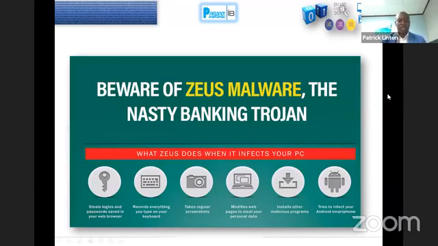All right, so quickly, Zeus steals login passwords. It does key logging. So it will log as you type on your keyboard, it will log whatever you do, encrypt all of that information and send it to the threat actors, right? That are situated in what they call a command and control server, or a C2. It will take your screenshots and send them up. It will steal browser information. Most of the times persons are guilty. They store information in their browser, form information. Zeus has the ability, and other malware of similar type, to steal that information from your browser, encrypt it, and send it to the threat actor.